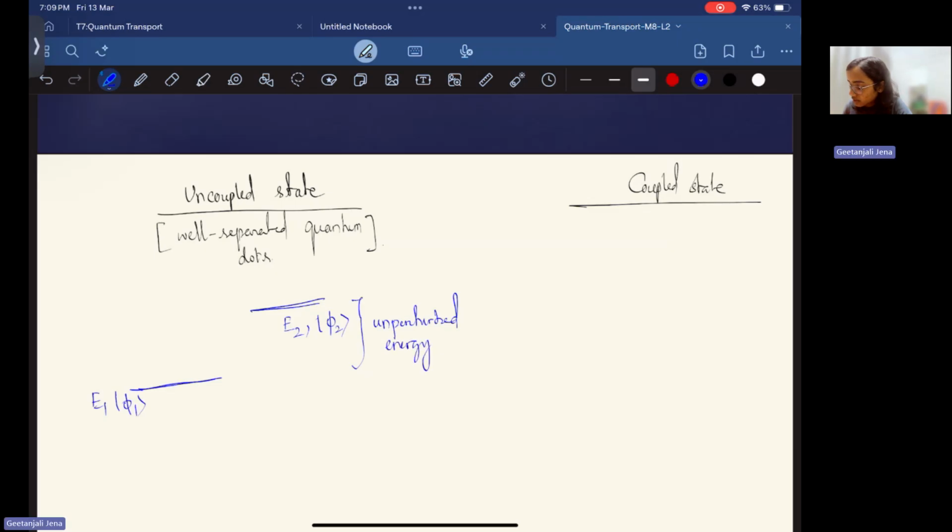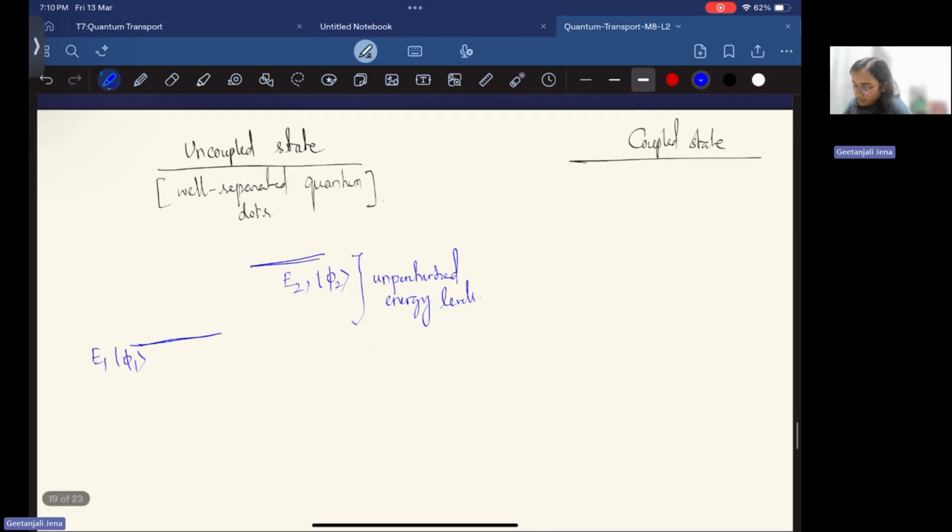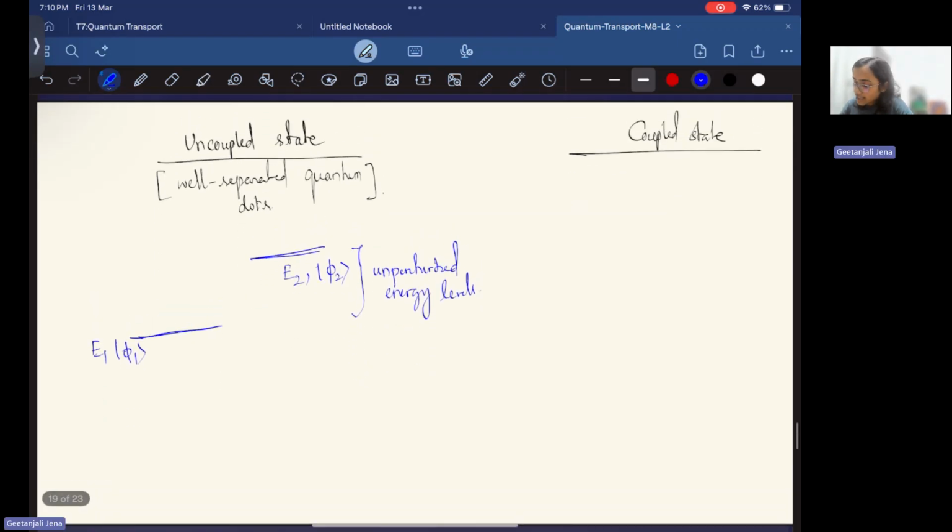Unperturbed means they are not disturbed even in the presence of particle 1 or in the presence of particle 2, because they are widely separated, so the energy states remain unchanged. So we say these are unperturbed states. So as I said,